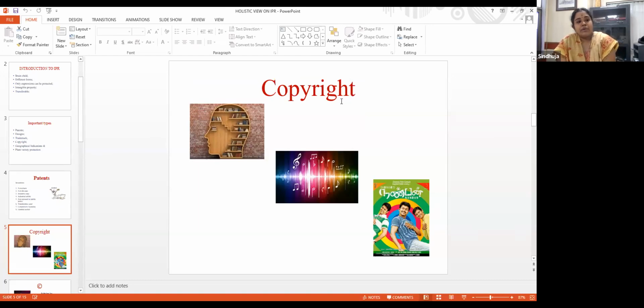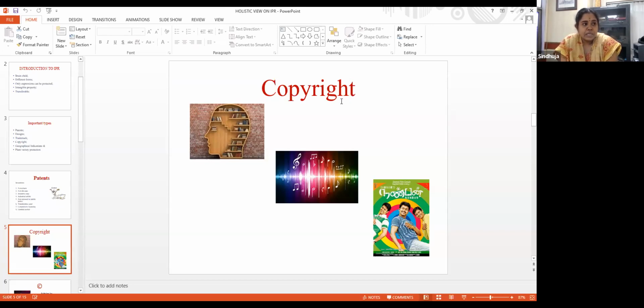That's it. So you can see some of the pictures here that I've given. Copyrights are basically literary works, and generally you can split IPR into two groups, that is literary and industrial. The industrial group would take patents in its control, and copyright would come under literary works. It has to be original in nature. That is the most important criterion whenever we talk about copyrights. You can see the first picture where some books are kept. It means that it's the original authorship of a particular person, where he can claim copyright.